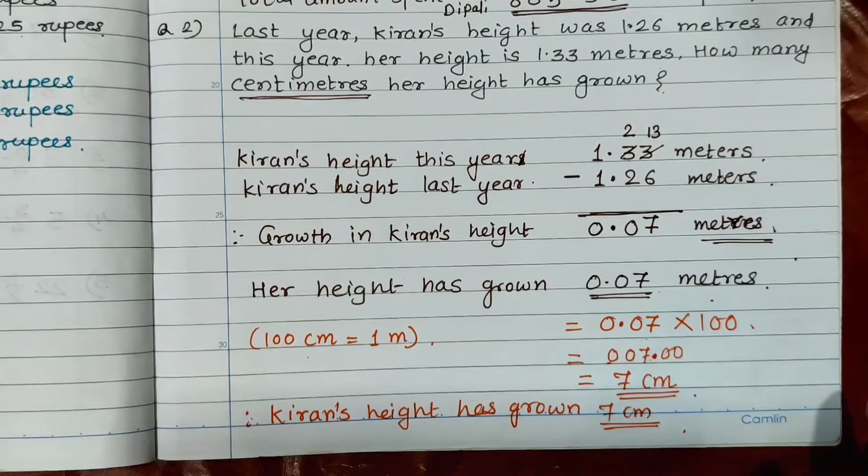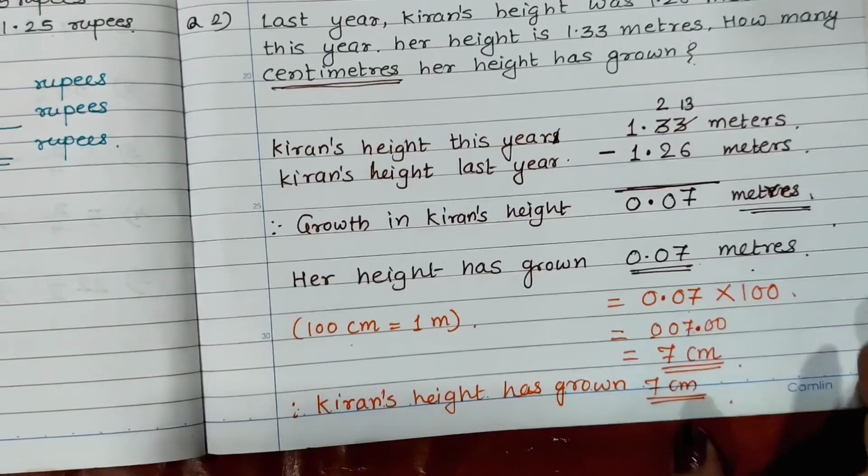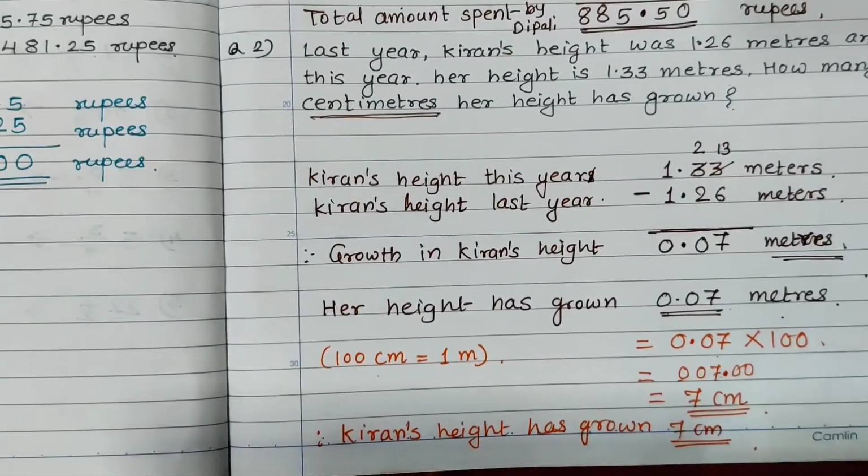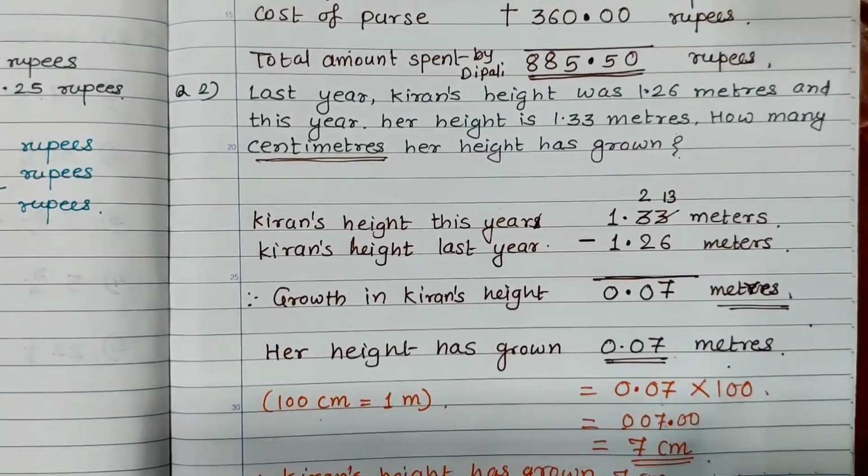So this is our activity sheet number 35. I hope you all have understood activity sheet number 34 and 35 from this video. You all can take the screenshots and write in your notebook. We have completed day 34 and day 35 in this video. We will continue day 36 in the next video.